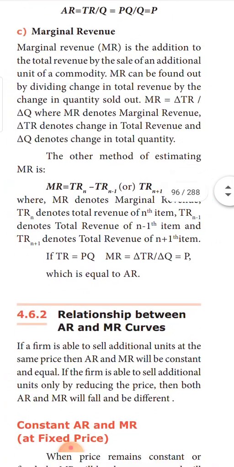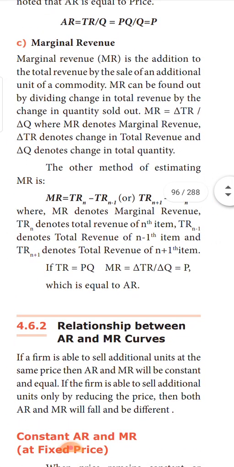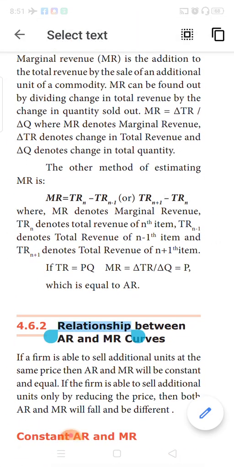Next is marginal revenue. The next concept is marginal revenue. We so far saw the marginal concepts. What all did we see under the marginal concepts? Marginal utility we have seen, marginal productivity we saw, marginal product we saw, marginal cost we saw. And in the last class only we saw the relationship between AC and MC. Now the next concept under marginal is marginal revenue.